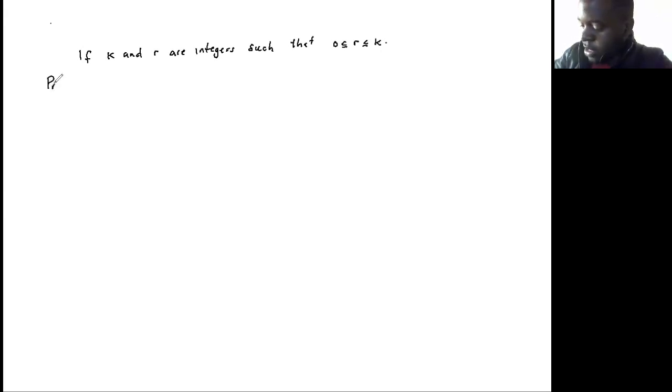So we want to look at the binomial identity. If K and R are integers such that zero is less than or equal to R and R is less than or equal to K, prove that